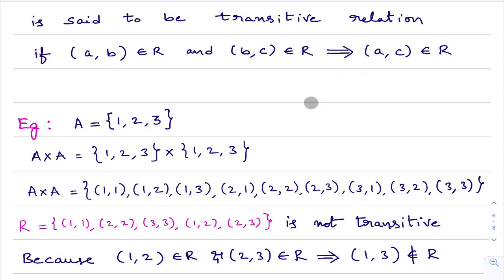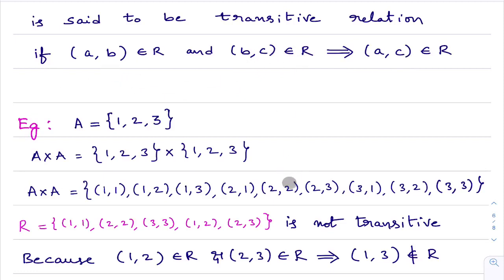When you are unable to identify, how will you check this? This is a little controversial statement, but please believe me, what I am saying is correct. If you are unable to identify A comma B and B comma C in the given relation, then we cannot check A comma C. If there exist A comma B, B comma C, then we will check whether A comma C is in the given relation or not. But if you are unable to identify A comma B, B comma C, then we say that relation is transitive.